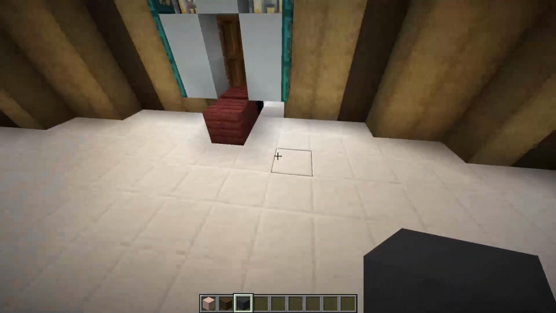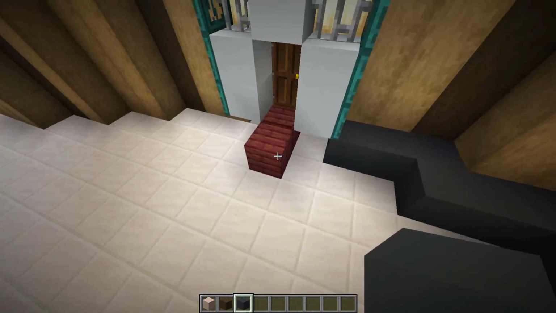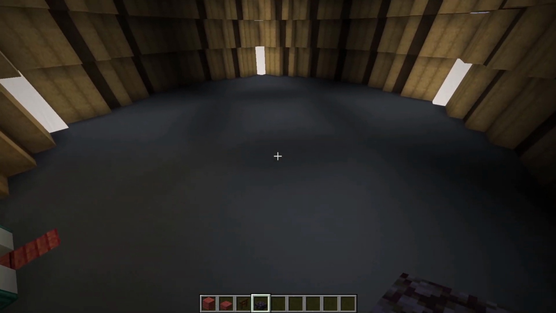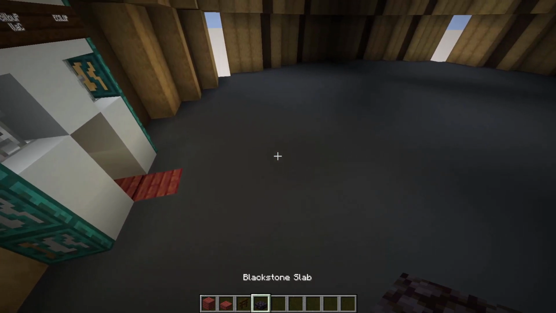All you need to do is just fill this entire space in with grey concrete, and just make sure it is obviously 1 block above the ground in line with these mangrove planks that we placed earlier. And there we go, your floor should now look like this. Next up, we're going to need some more mangrove planks, some mangrove slabs, some dark oak fences, and some blackstone